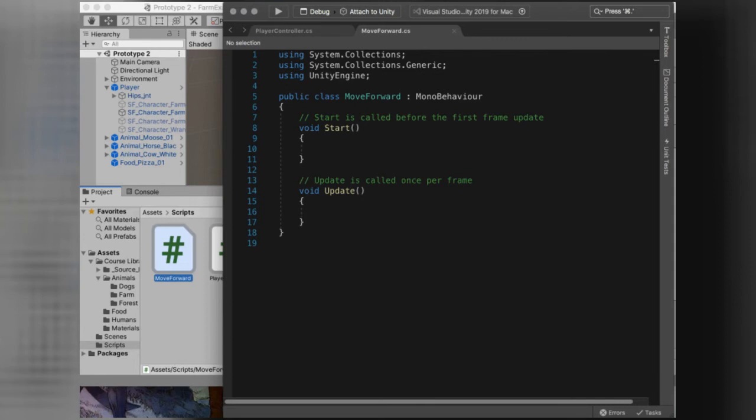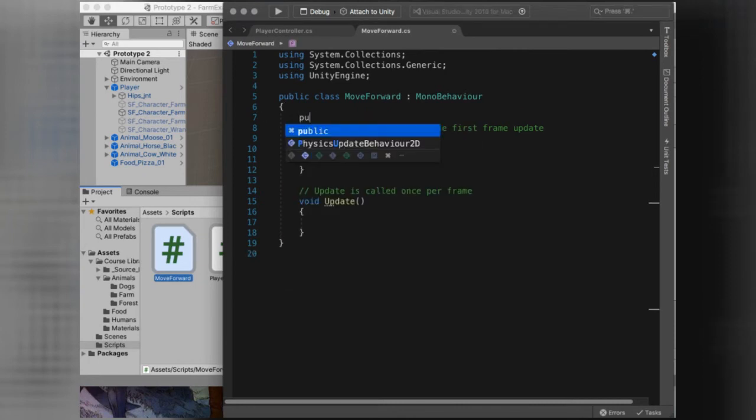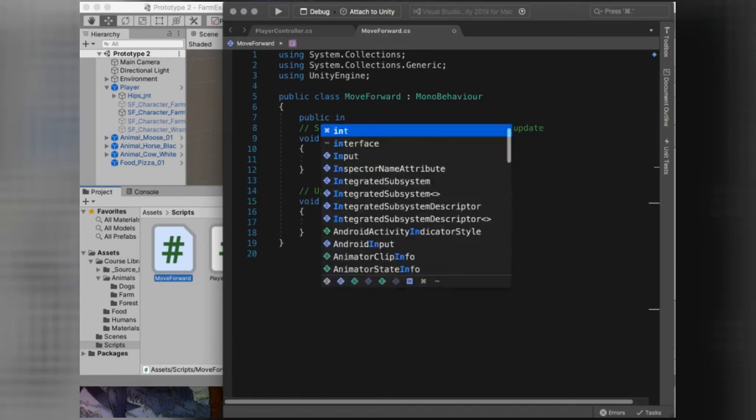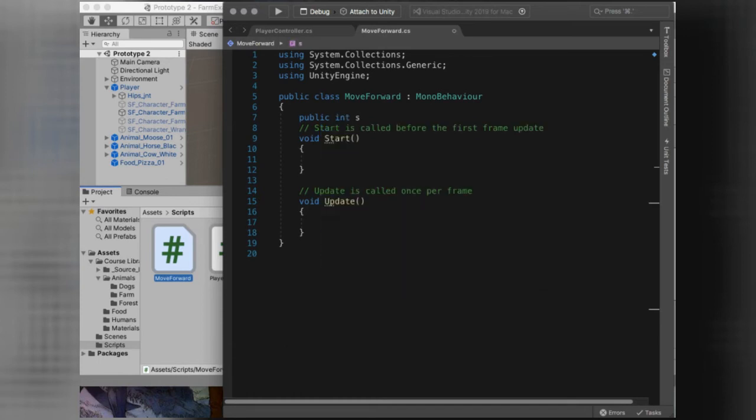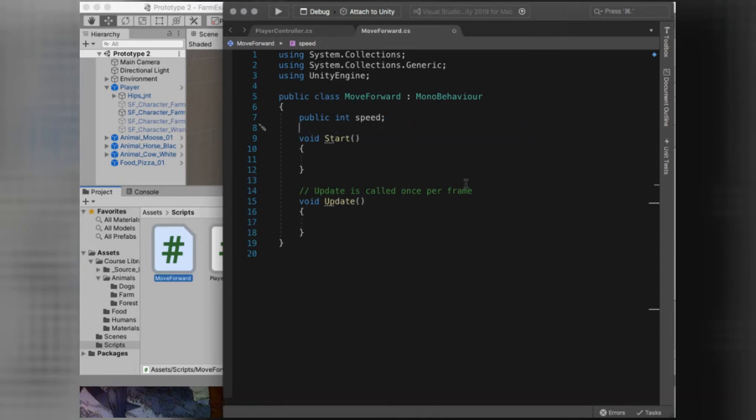So think through this. Same kind of thing we've done before. We need to create, let's make a public int speed, so we know how fast it moves forward. Great. And we've done this before. This one does not need controls, so it's going to work the same way as our player. We're going to use the transform